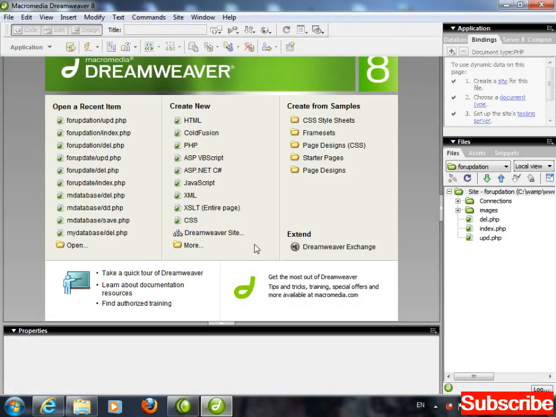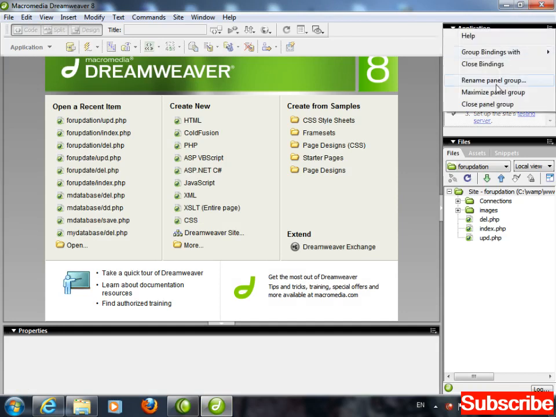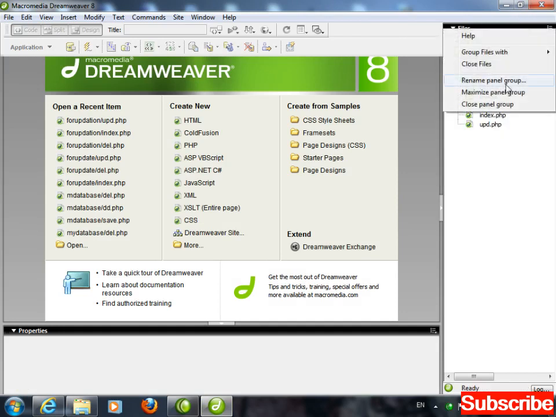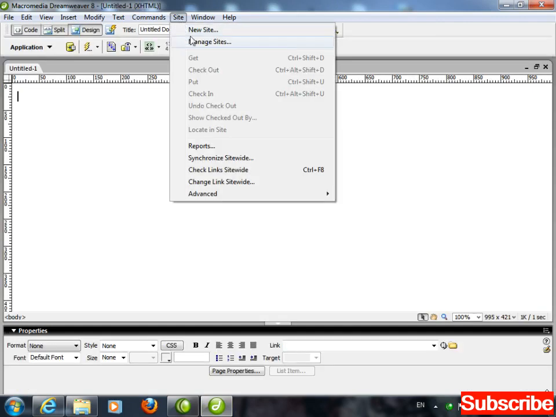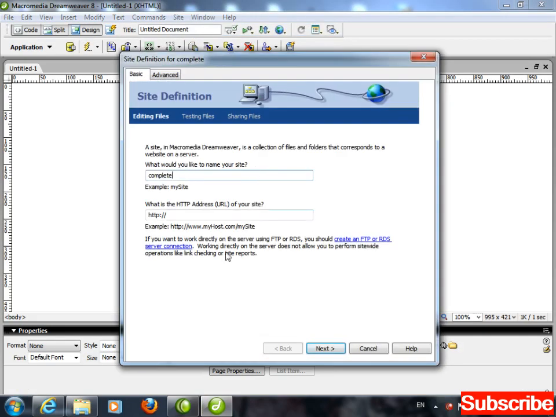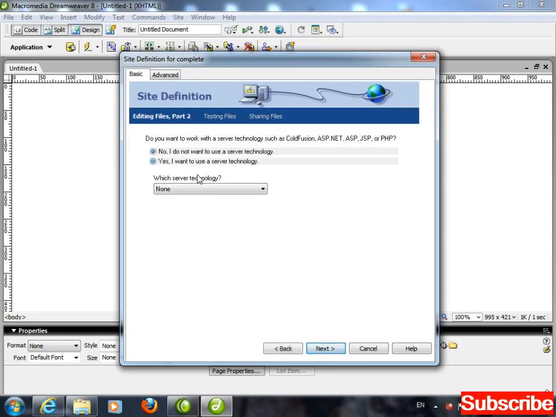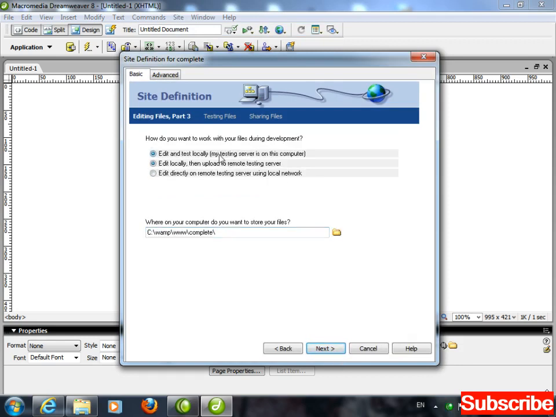Now in the Dreamweaver, close these groups, this one as well. New PHP page, site, new site, Control V, all these things discussed before, right? Next, yes, I want to use server technology, PHP MySQL. Select the first option. Where is my folder which I created?